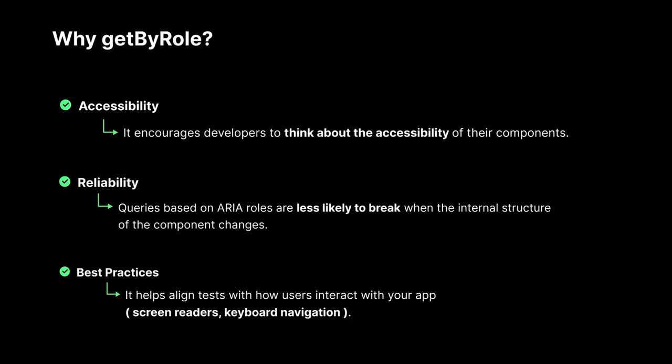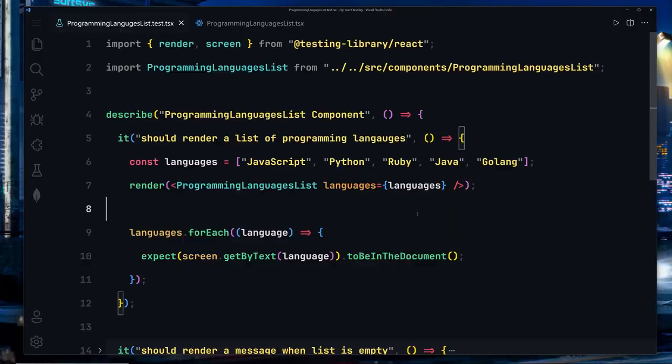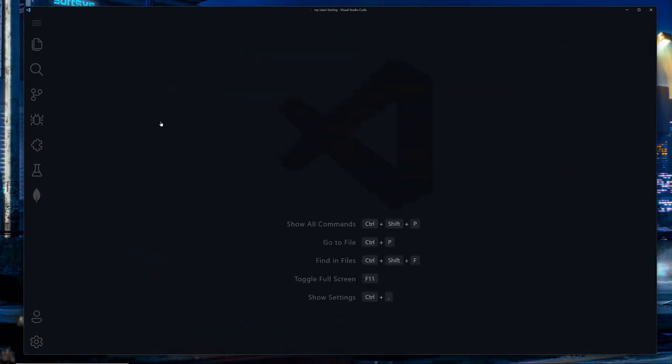So now let's get into the coding, and then you will get to know what I'm talking about. Now let's talk about getByRole, and we are going to be learning about aria labels in a lot of great detail. So what I'm going to do is go to